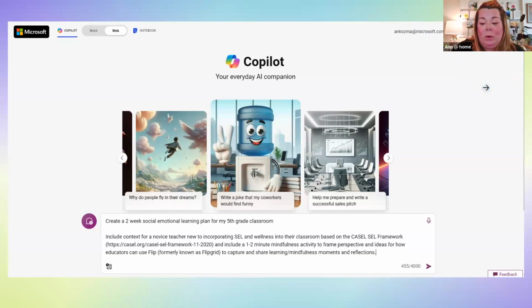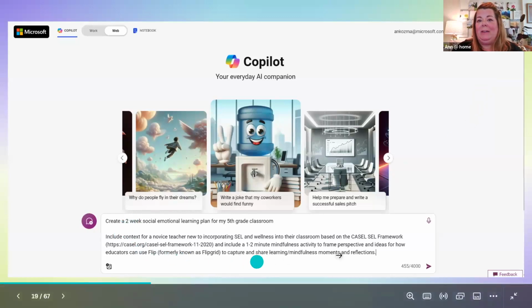But I want to do a quick demo and show you how I'm using it literally to start sparking ideas as an educator for SEL in my classroom. Tawny dropped the link in the chat again, it's copilot.microsoft.com, if anybody wants to click on that, and it'll launch in your browser.